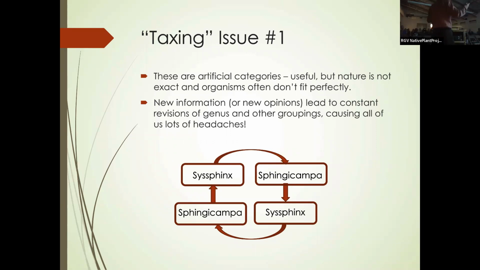But the reason they do that is because they're getting more and more information about relationships, especially now that they take the DNA and look at the DNA barcode, as they call it, and compare it. So they're revising things all the time. As far as this talk is concerned, I'm not too worried about revisions, except sometimes it confuses what you're looking for. For example,